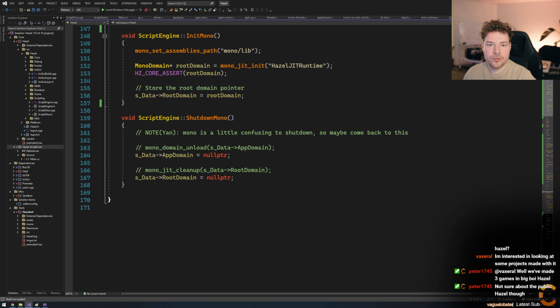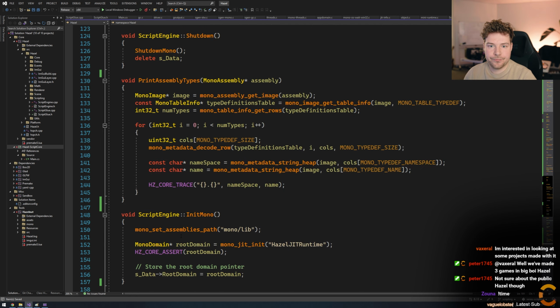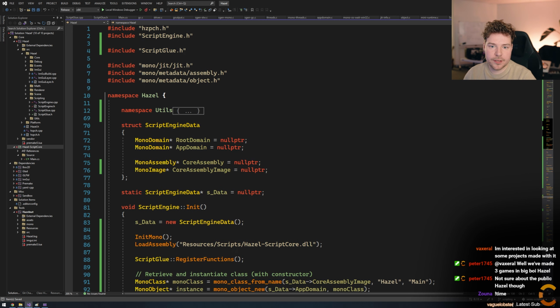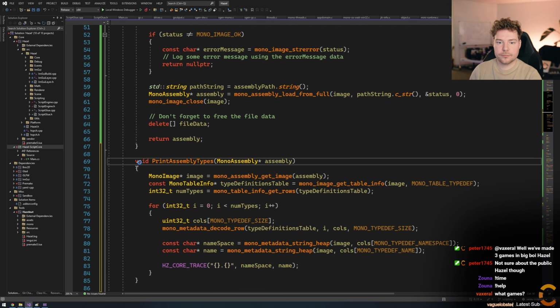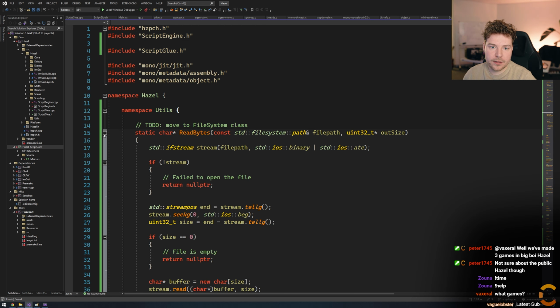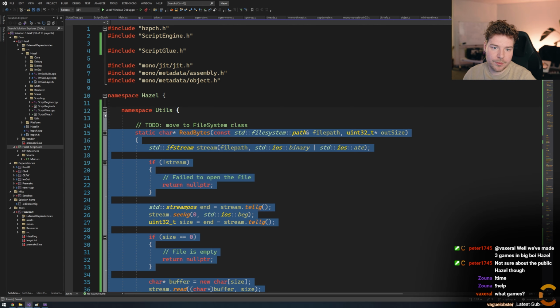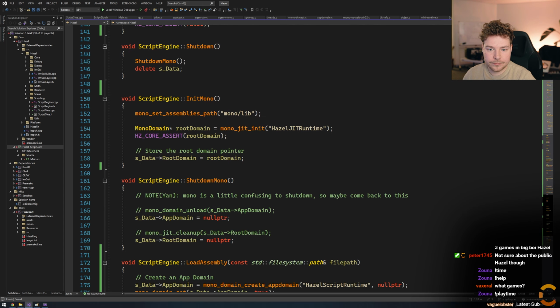So load assembly. Let's move load assembly down here. I don't know why it's up there. Print assembly types is a utils thing as well, so let's move that into here. Again, it's a utils thing for now. We might not make it a utils thing when we realize it's actually important. But for now, it's a utils thing.